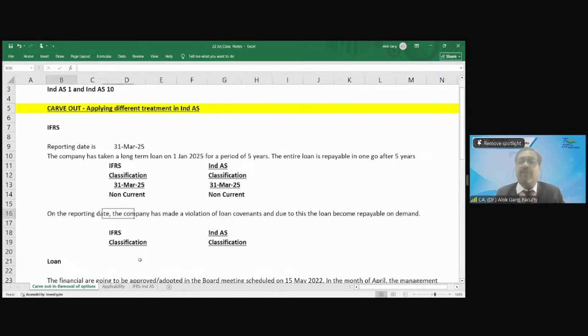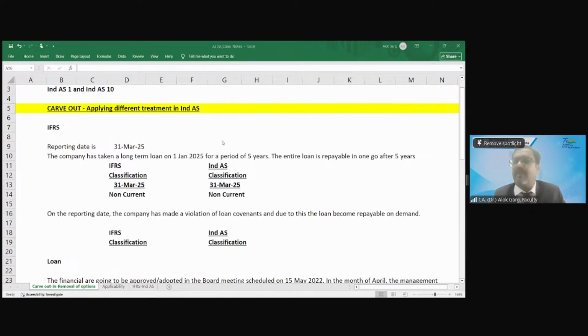Now, what happened on the reporting date? The company has made a violation of loan covenants, and due to this violation, the loan became repayable on demand. Loan covenants means, so Ritika, loan covenants means loan terms and conditions. Terms and conditions of the loan,